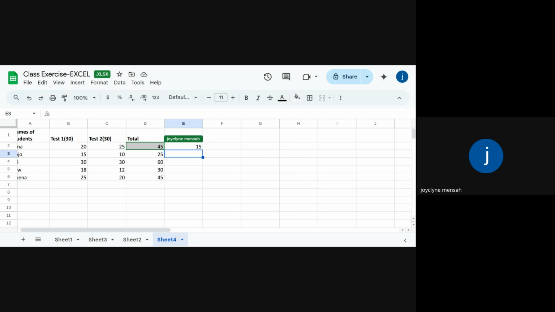Why am I getting 15? If you are smart, you have to quickly put the cursor here and then go and check the name box. This is the name box where I'm showing you with the arrow here. And you say, hey, I typed D2 divided by 3 instead of D2 divided by 2. And assuming you don't go and check, and then you dragged it,